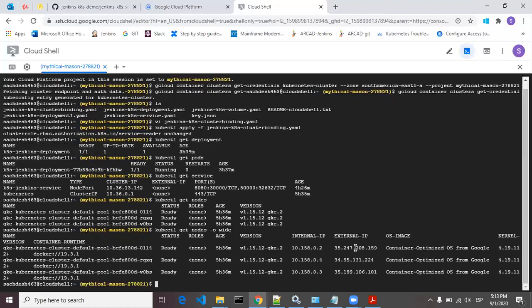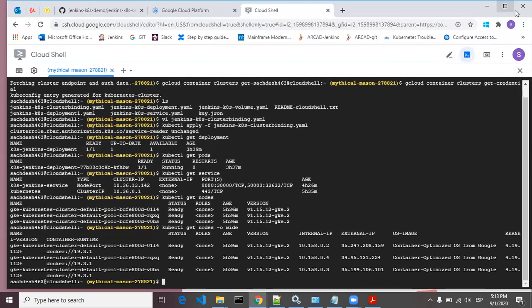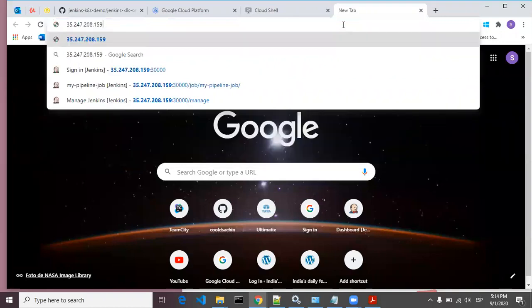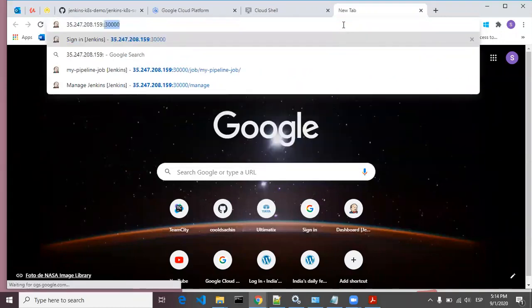You just have to copy one of the external IPs and then the node port.